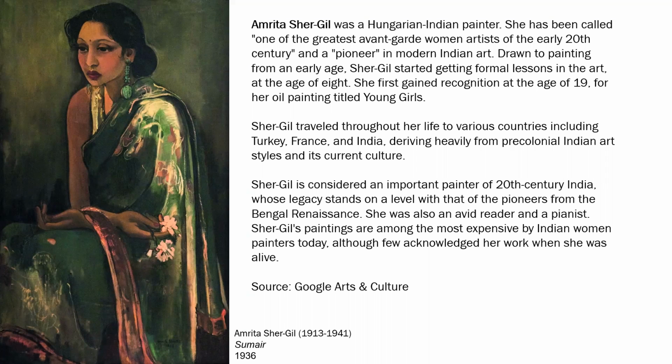Another portraiture artist at the time who was both Hungarian and Indian is Amrita Sher-Gil, and she also is well known for developing a more modern style of portrait painting. So we looked at Jin's work, who was from China and grew up in Singapore. She used a lot of those outlines and dramatic colors. Amrita Sher-Gil is doing the same thing. She's really starting to take a little bit of abstraction to show a sense of mood and color in her paintings, and also showing paintings of just people in their everyday lives.